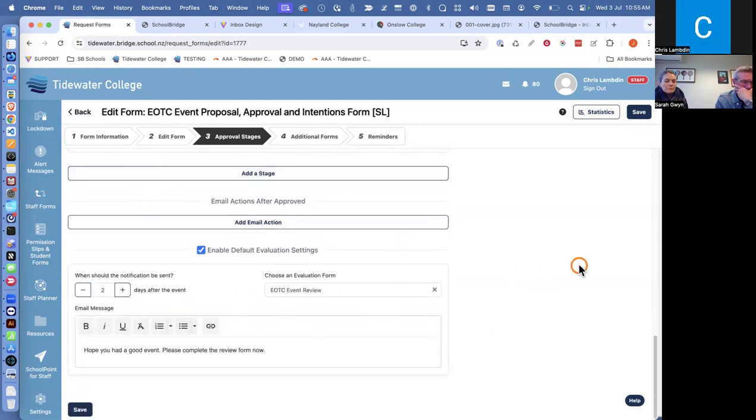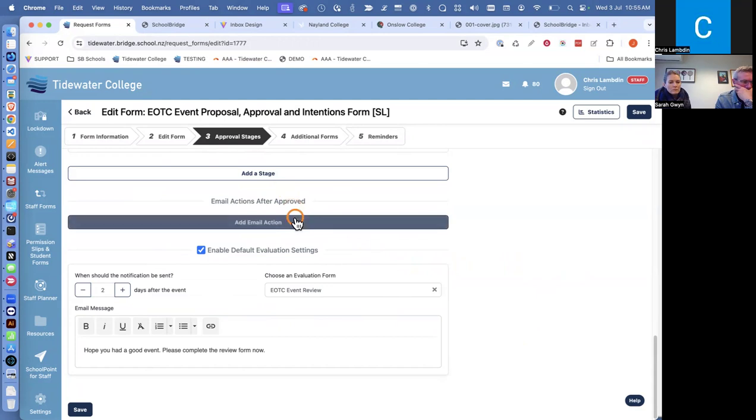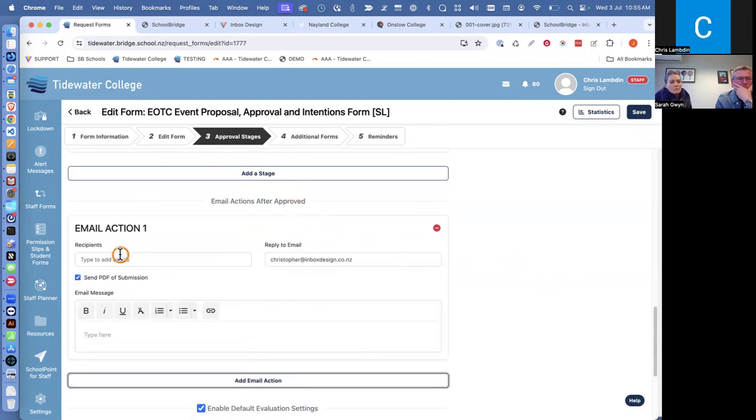Now we've got two other new features here. One is the email action. So this allows you to send out an email when it gets to final approval. It will automatically fire off an email, and not too much use for this in EOTC. It was actually added there for